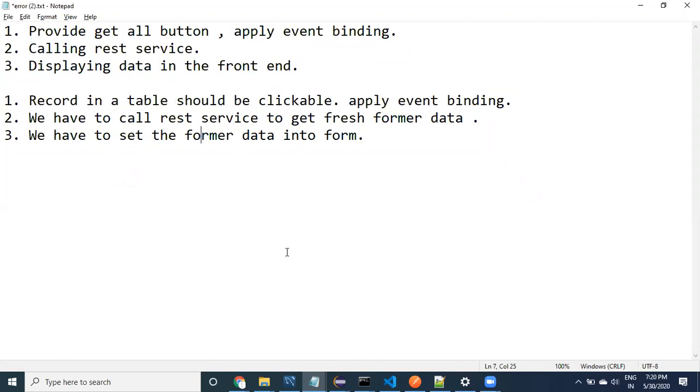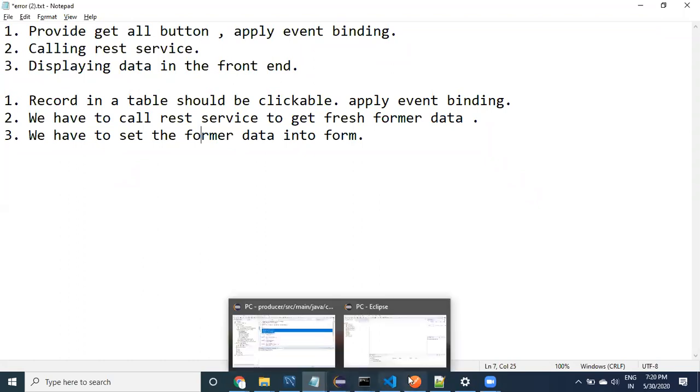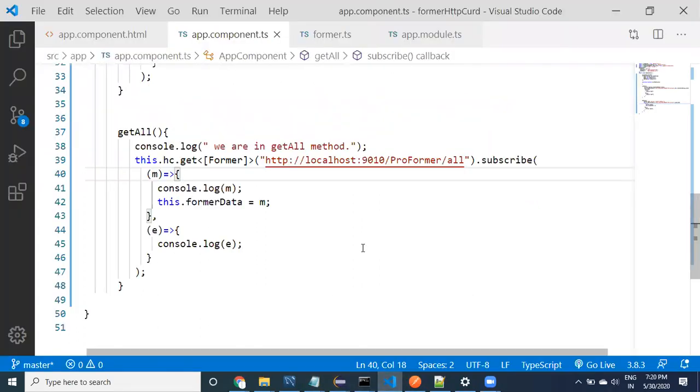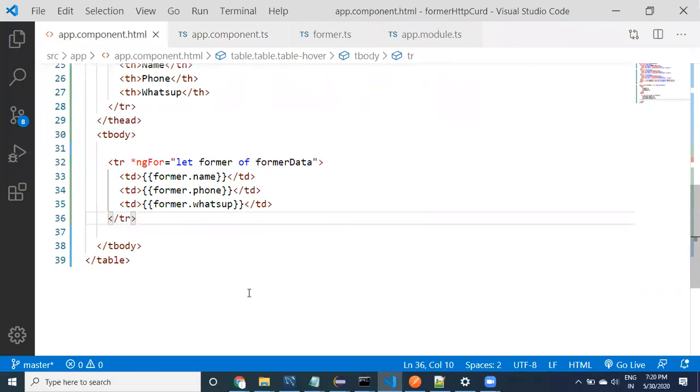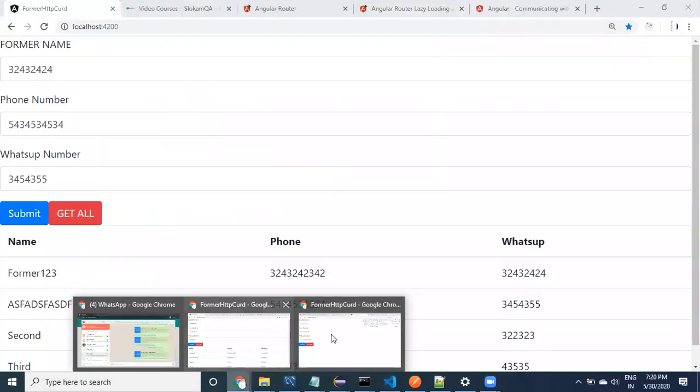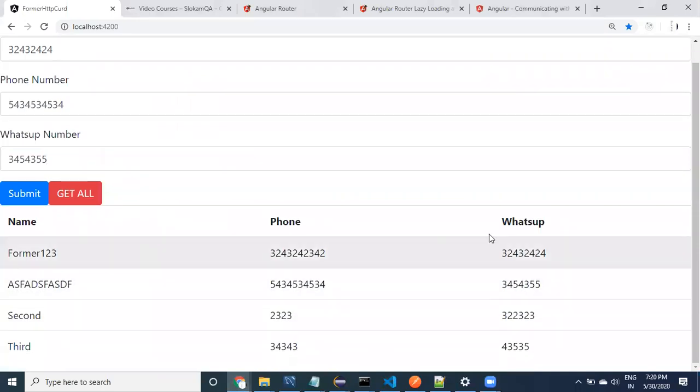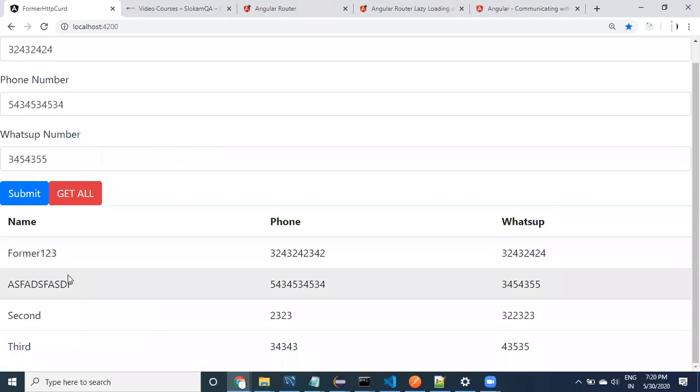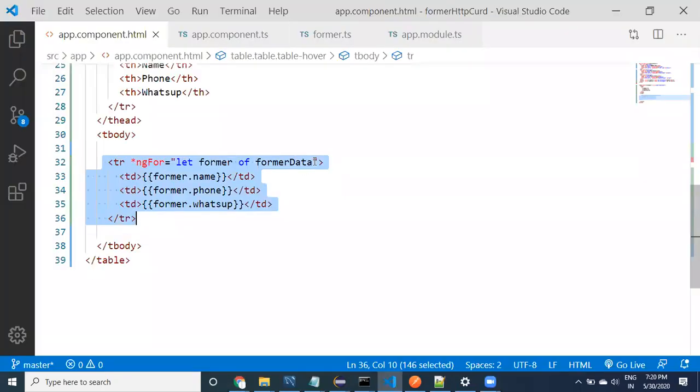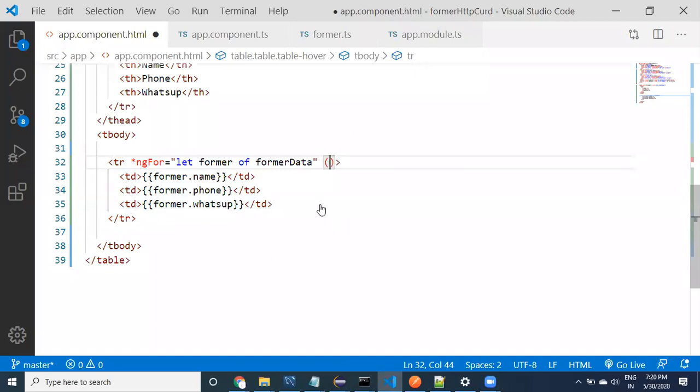First, go to the table. Where is the table? Here it is, the table in the HTML. So the TR should be clickable, meaning if the user clicks on this TR, some action should happen. So event binding needs to happen for the TR.